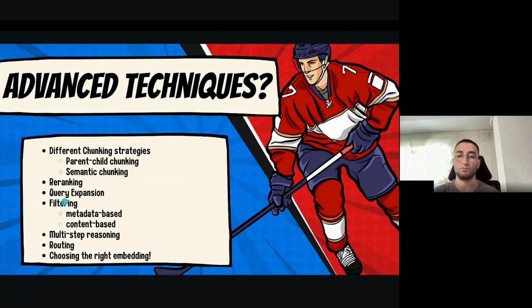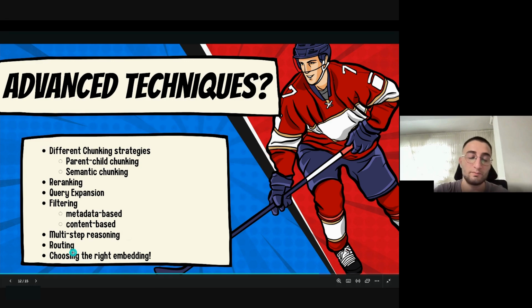But you can create more metadata for your documents. And if you know your use case, you can implement multi-step reasoning, like different chains and reasoning calls to the LLM to get a better answer. And then you can definitely have a router: maybe some LLMs are better at math or at biology, and you can route to that LLM.